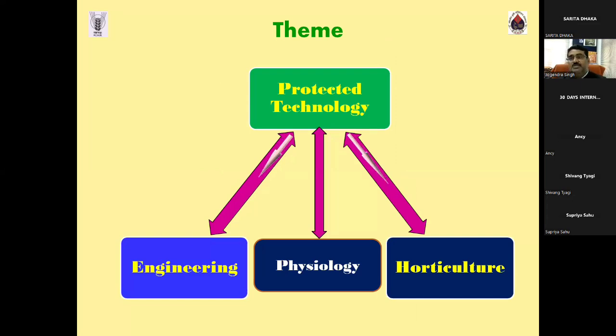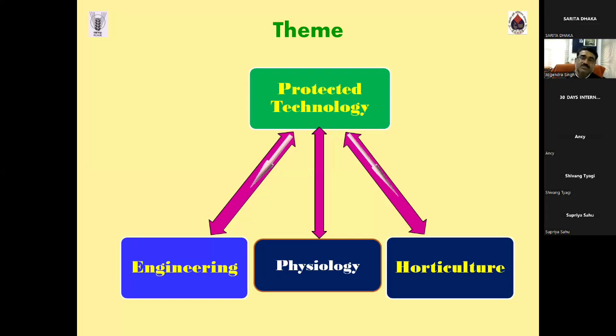So we can see here the themes it depends on. Protected cultivation की नींव क्या है, किस पे आधारित है? This is science. So we have seen 3 themes involved in protected cultivation and 3 sciences involved in protected cultivation. Without 3 subject knowledge, without 3 theme knowledge, we cannot create excellent production, excellent quality, and excellent marketing.